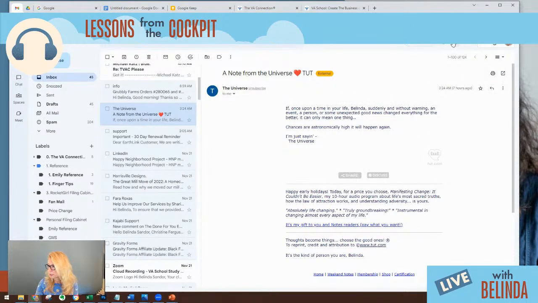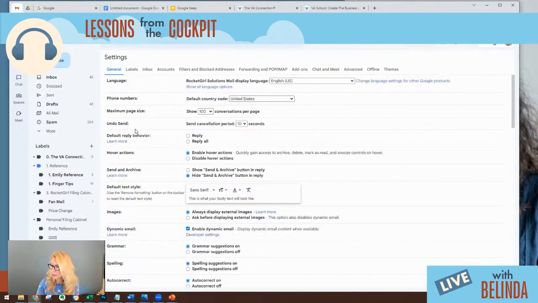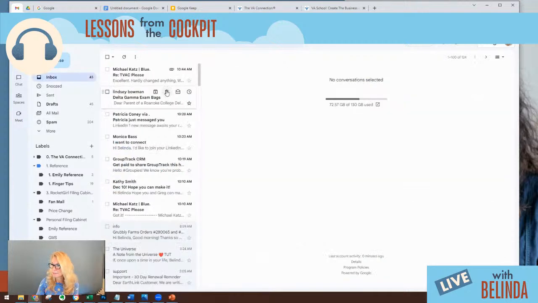All right, so I'm going to click here under settings, see all settings, and then right here, it says undo send. So send cancellation period. So you can set it for 10 seconds, 5 seconds, 20 seconds, or 30. 10 seconds is generally enough for me. So what happens is I'm